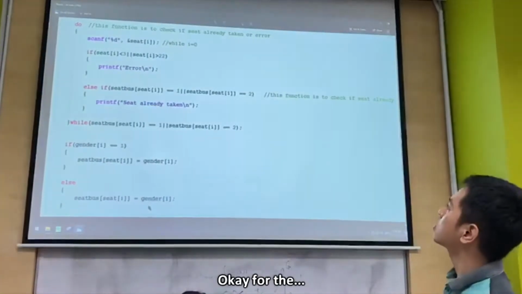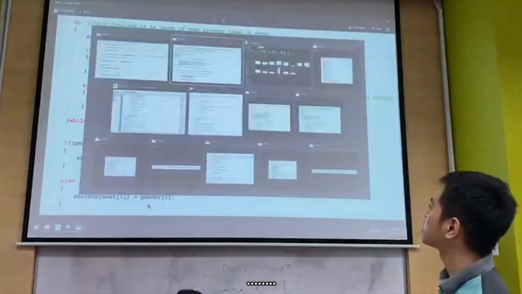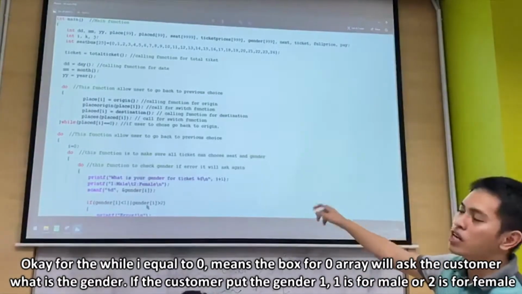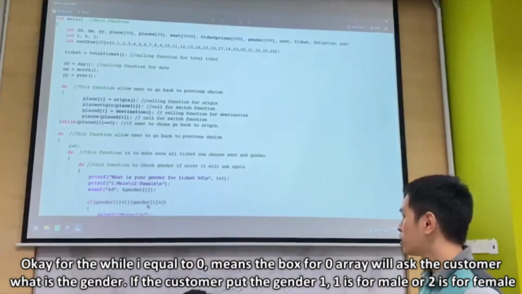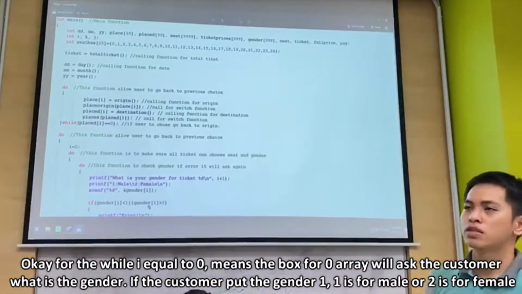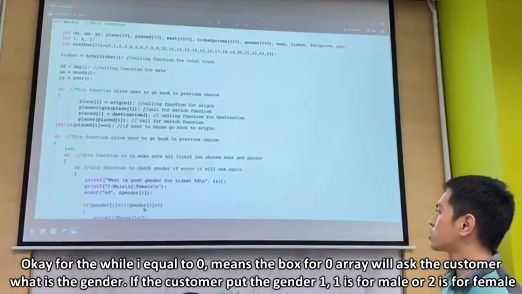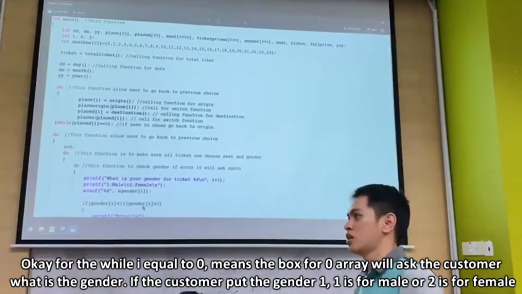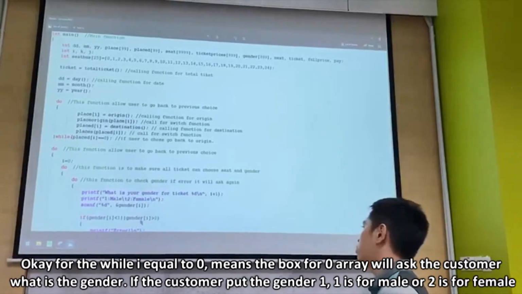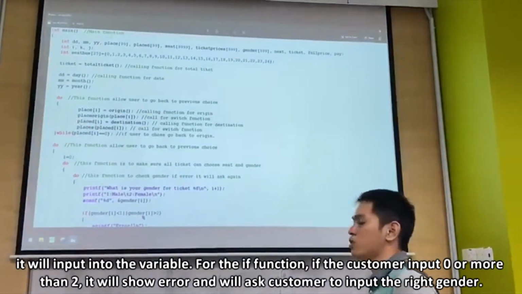Okay, for the seat, while I equals 0, meaning while seat is 0, the box for array 0 will ask the customer what's the gender. If the customer puts the gender 1 for male or 2 for female, it will input into the variable.